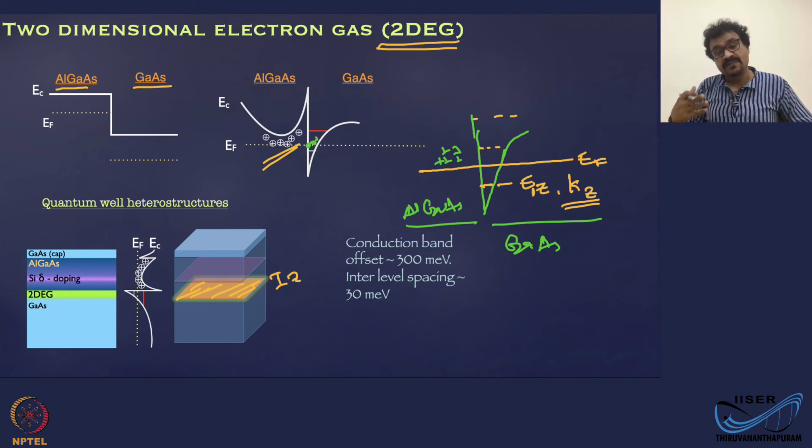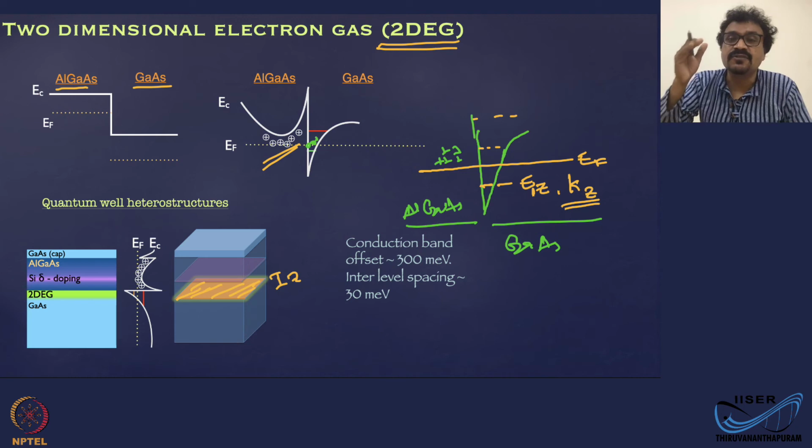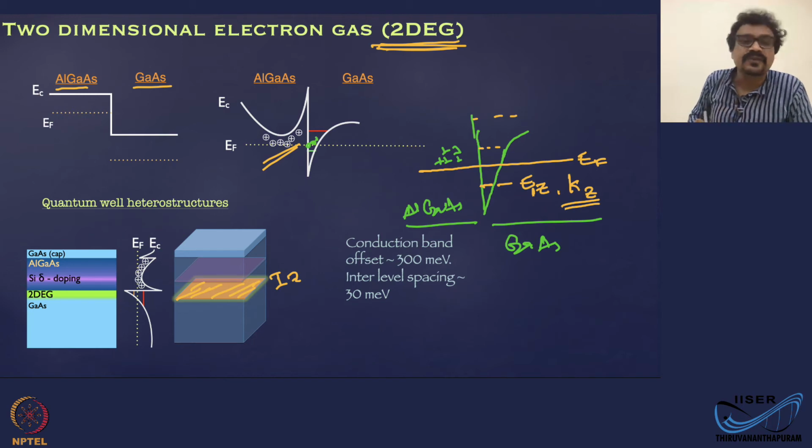When I say it cannot move, what I'm saying is, when you move something, you change its momentum, but the second momentum state is not accessible. There's only one momentum state in the Z direction, so the motion is arrested in that. Don't think that it's a particle which is tightly held there. That is not the analogy here. The analogy is the electron does not have the freedom to change its momentum state in the Z direction. It actually can change its momentum state in the X and Y direction, in the plane. Okay. So that situation is called a two-dimensional electron system or two-dimensional electron gas, or in short, what we call a 2-DEG.